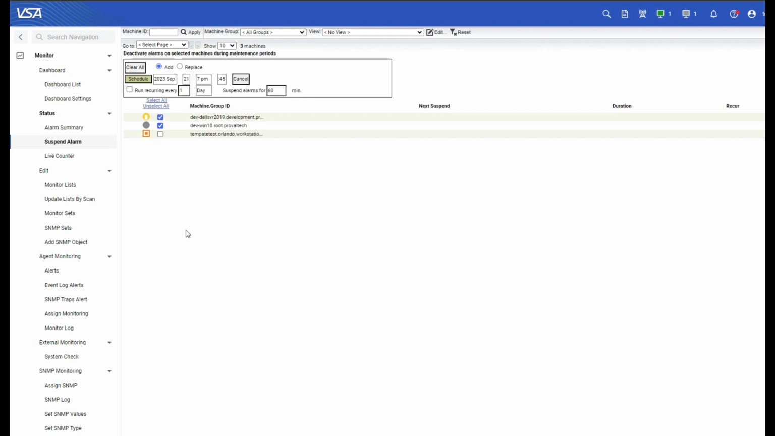If we select these two machines and let's click schedule to apply a suspension to them, you can see that if we hit cancel, it is removed. If we hit clear all, it is removed. That only affects those machines that you have selected. So let's select the machine in question